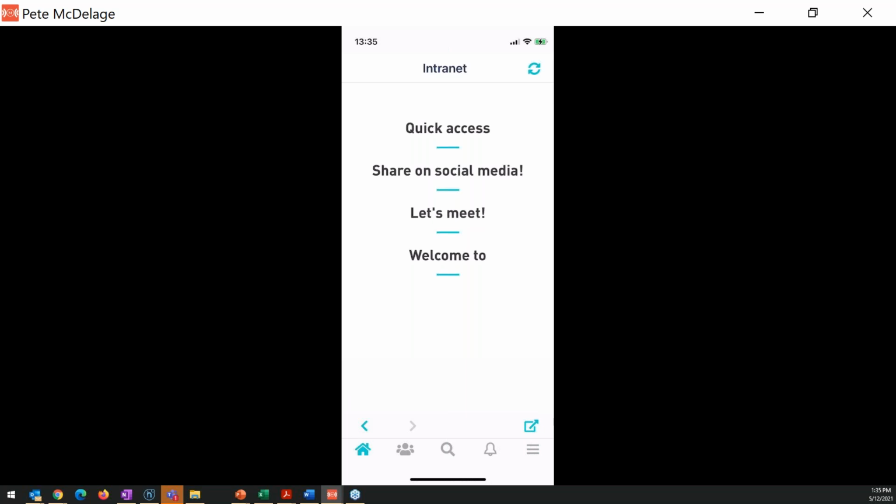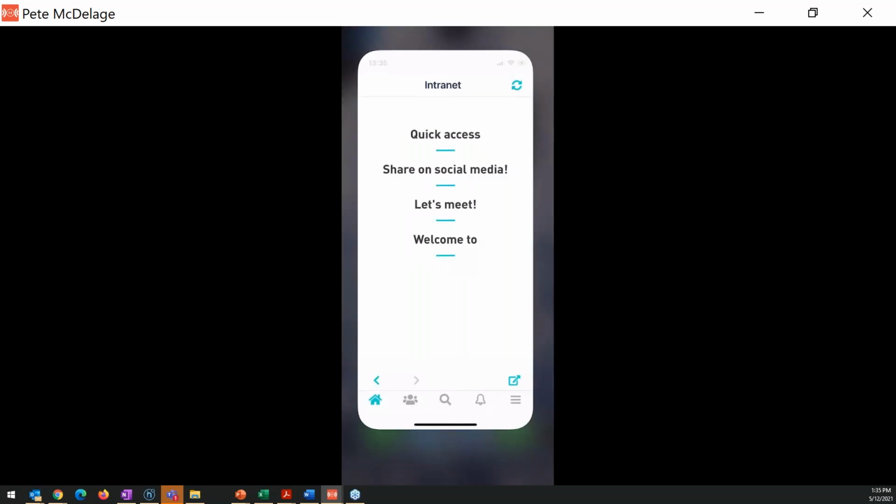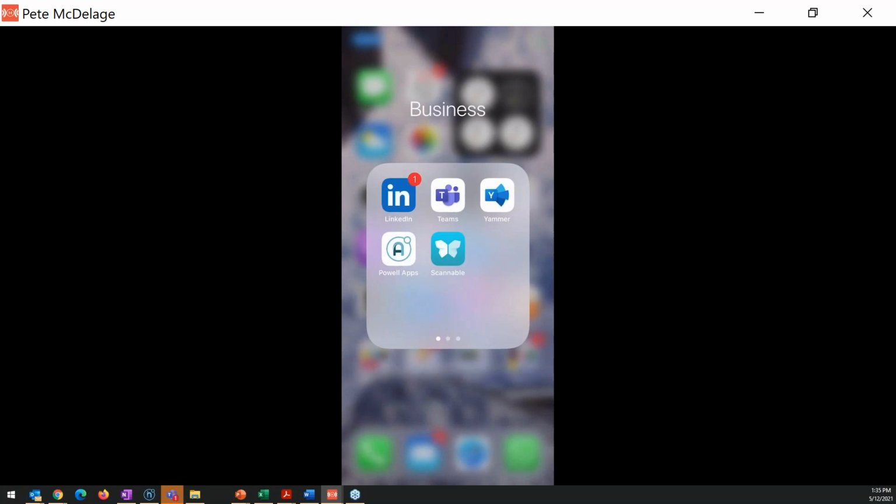What is really nice is that you can make it available for frontline workers, which means that even if they don't have a Microsoft license, they are able to access the intranet. We can identify whether they have a Microsoft license or not, and if they don't, they get a specific mobile view for non-Office 365 frontline workers, with a read-only mode of the intranet. They'll have access to the news, documents, people directory, events, and so on.